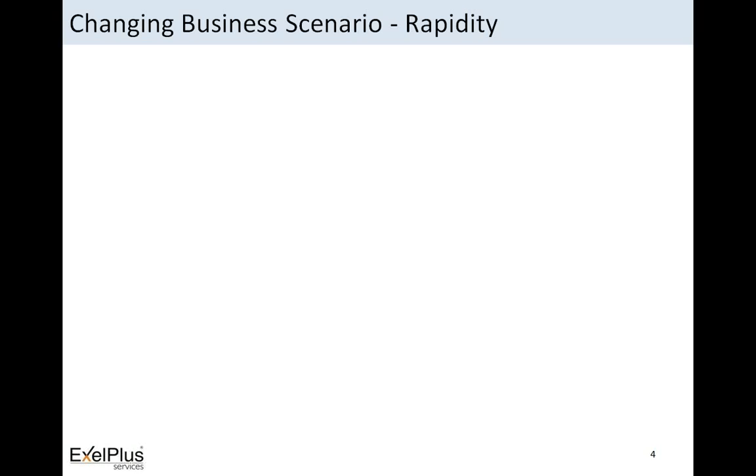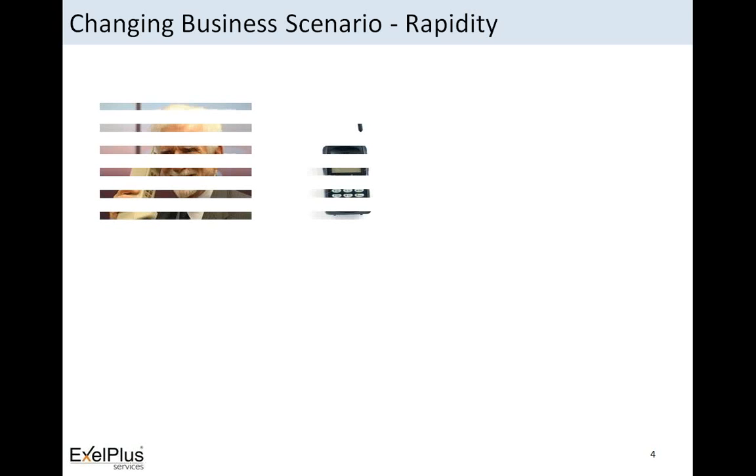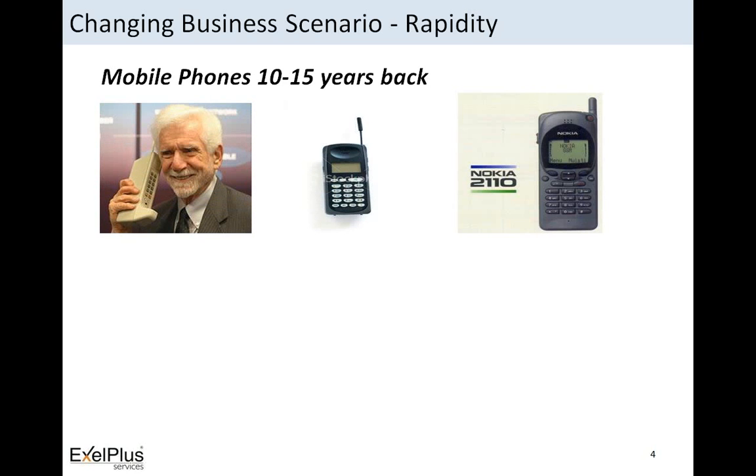If you look at the way in which the business is changing today and the way in which the business was quite some years back, there's a lot of rapidness in the business, and the markets are highly dynamic, and end users' expectations are changing,